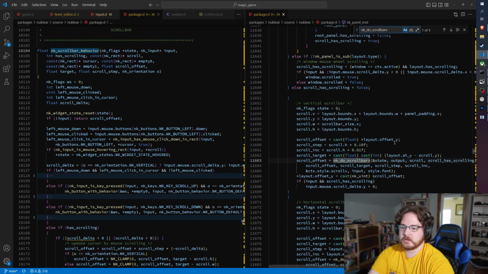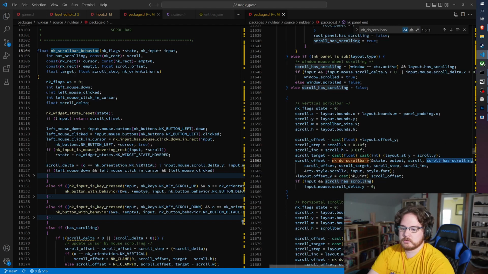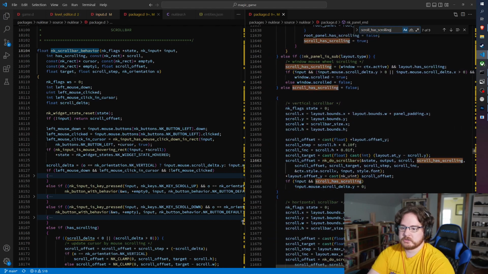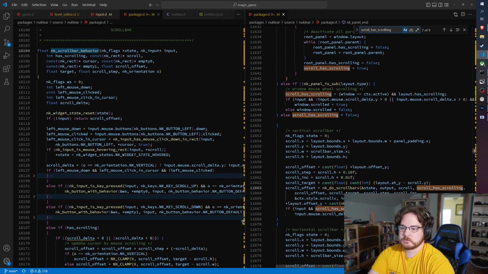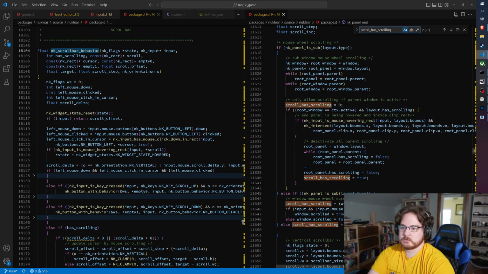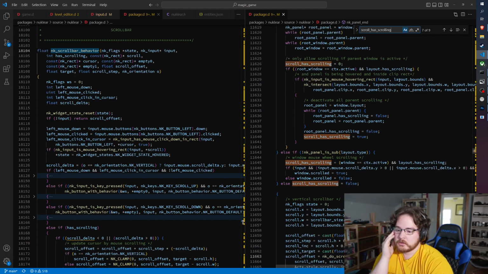This is okay. Oh my gosh. Mouse wheel scrolling. Panel is sub. Has scrolling. Window context active. And layout. So this is like the configuration. So if input and input mouse scroll delta y is greater than 0 and